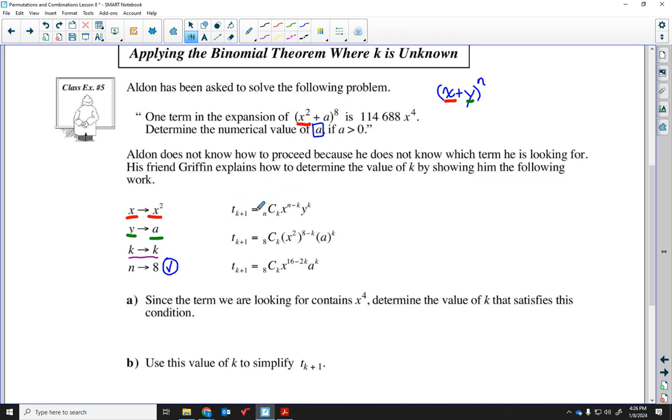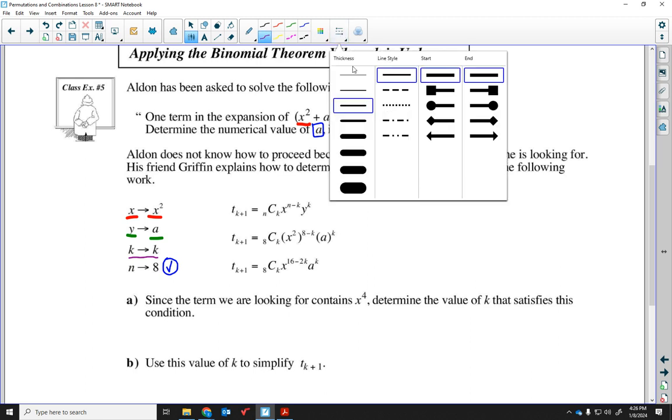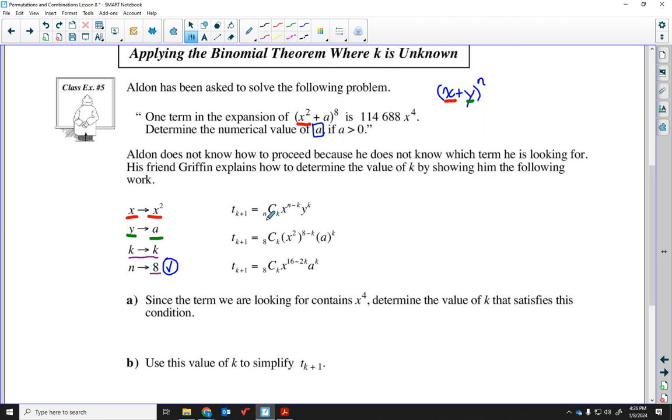So this is the general formula of the binomial theorem. So t sub k plus 1 is n choose k, x to the n minus k, y to the power of k. So we can substitute the value of n in. The value of n is 8, so we're going to plug it in here for 8, and right here for 8. Now note the other substitutions that are occurring. It's not x, it's x squared. And it's not y, it's a. So if we expand that, then t sub k plus 1 is 8 choose k, x squared to the power of